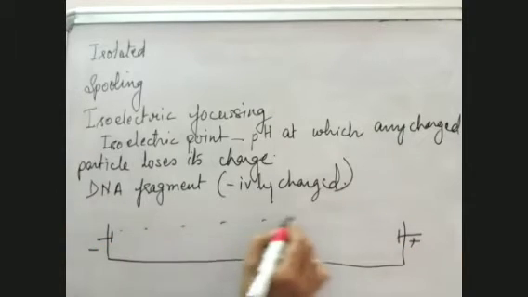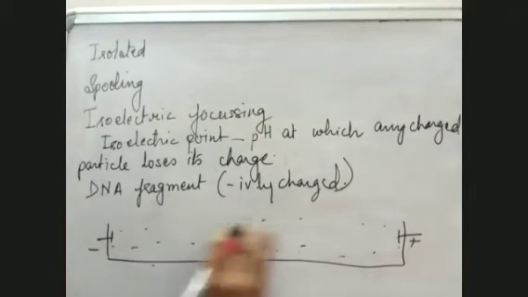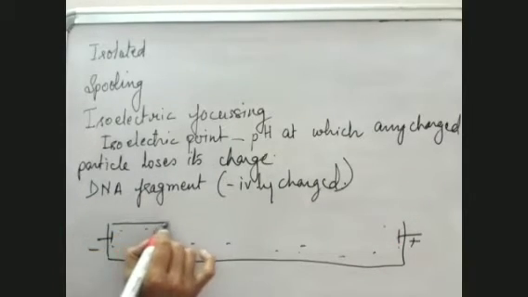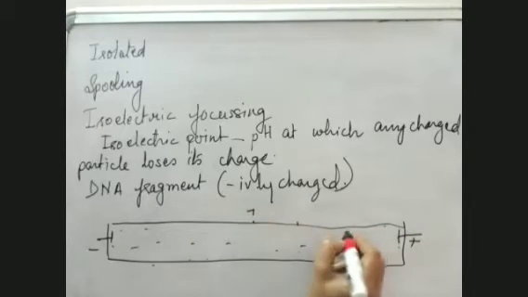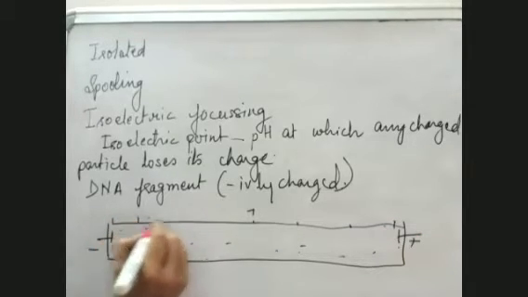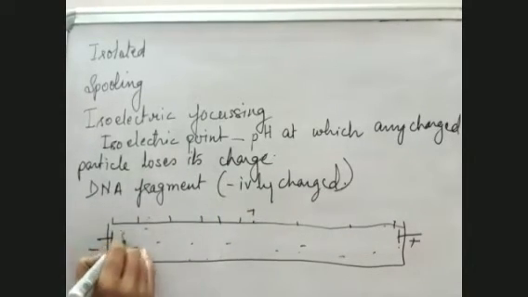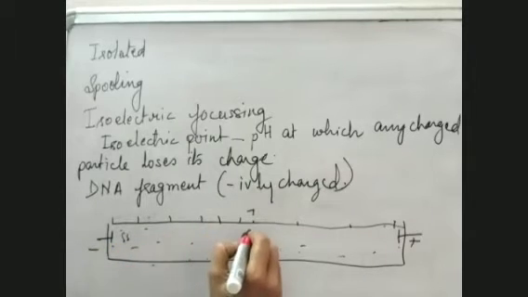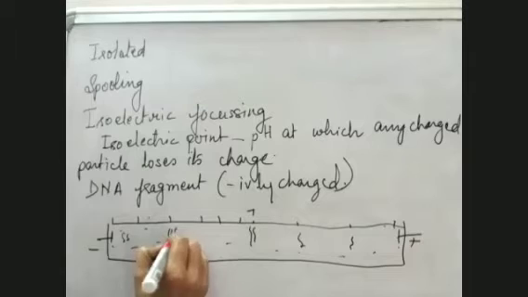Here we had the agarose gel. And then we adjusted a pH scale here, which says 7, 8, 9, 10, then 1, 2, 3, 4, 5, 6, this way. Then we allowed the DNA fragments to move on it. Some of them lost their charge here, some of them here, some of them here. So this way they all got arranged.